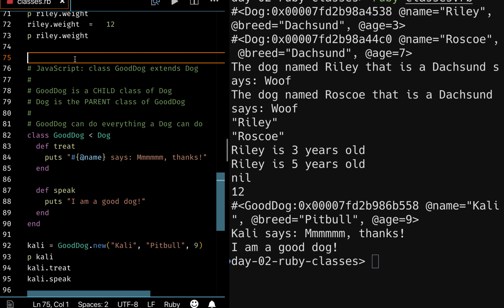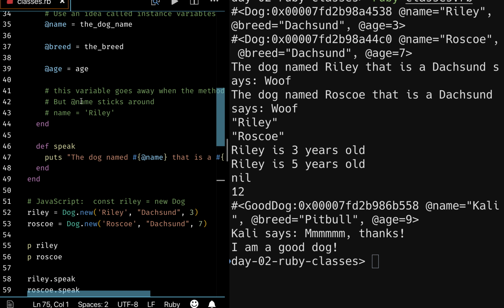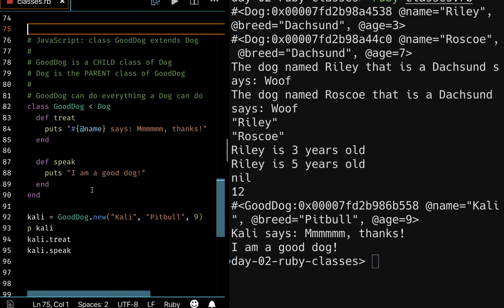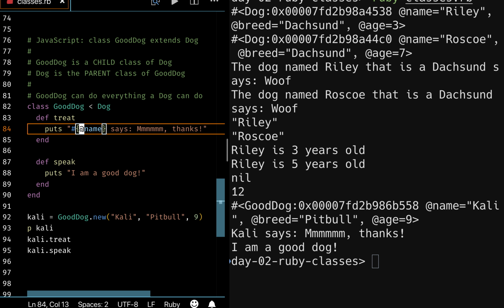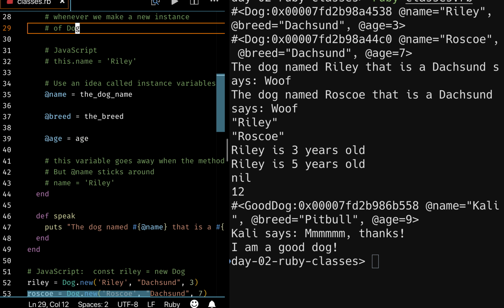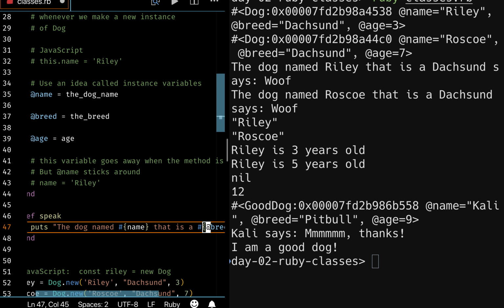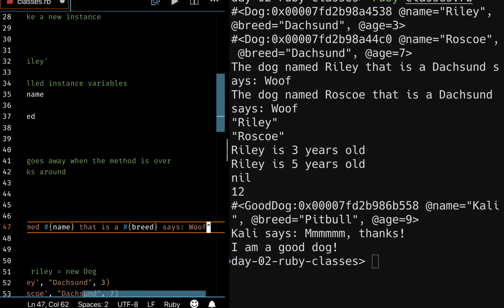Do you need an accessor to access something from inside a child class? We do not. Okay. So the child classes can also see all of the instance variables, right? But the child classes can also use the accessors, right? So the child class can also use the accessors by just calling the name of the thing, right? The same thing is true inside of the class. Now that I have these accessors, I can just say name, and I can just say breed, and I can just say wolf,